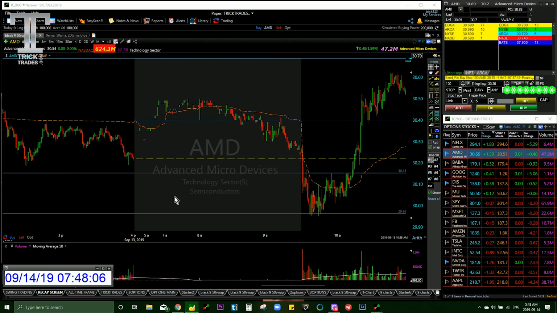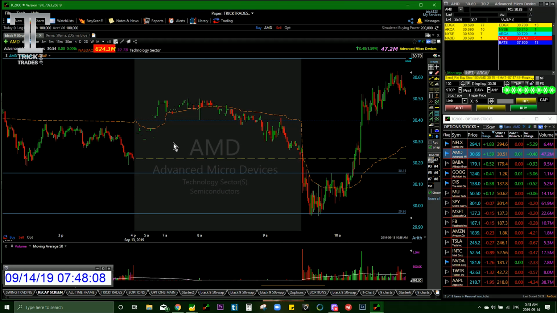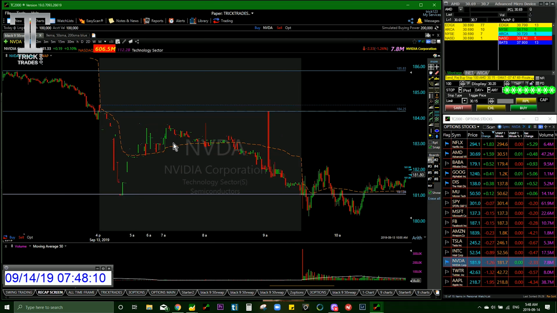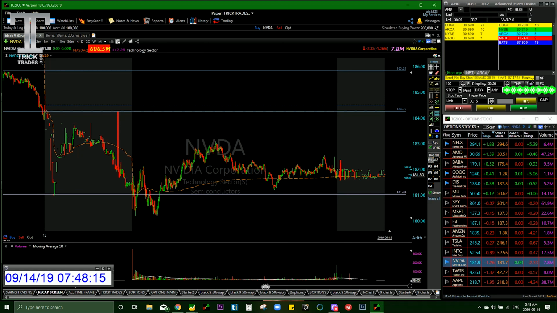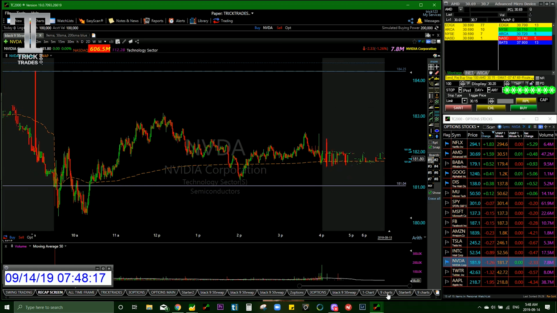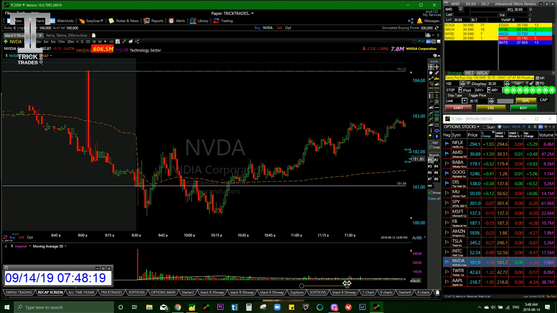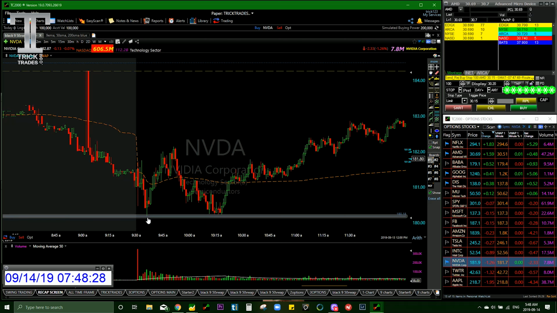Now I want to show just another example of a limit order, because I know that this really comes up a lot. So on NVIDIA, you have, let me clear this. You have morning lows, okay? Look at this beautiful double bottom. We also caught this as well here yesterday. So you have a definitive area of risk, the 180.18,